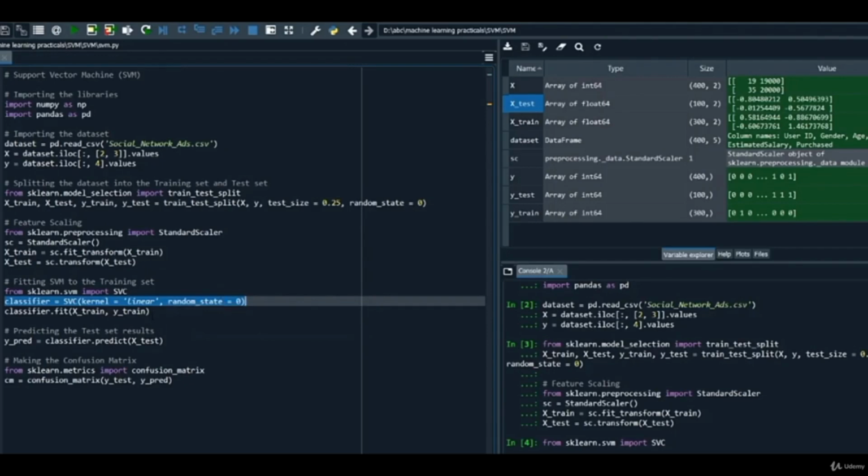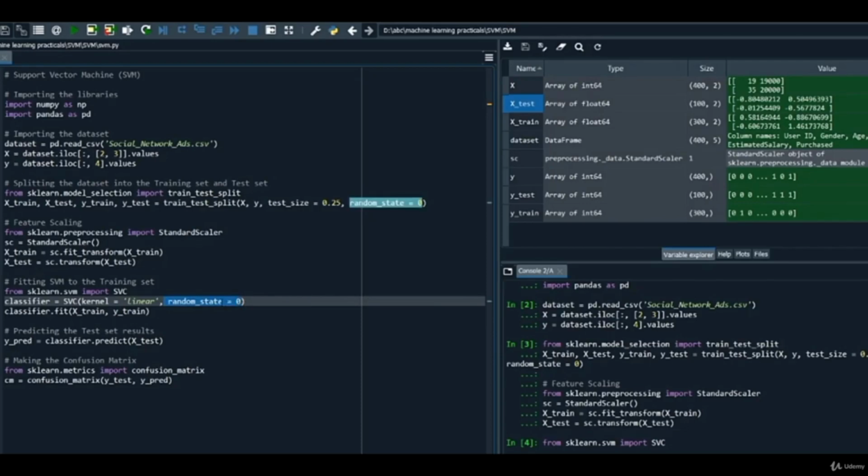Now here kernel is equal to linear. There are many types of kernel already available for training. As we are going to use linear here, we are going to get an understanding of the kernel, or why it's required, in the next session on kernel SVM. So let's put it linear as it is, and then put random state equals to 0 here. We don't want any random picks of data points for our training.